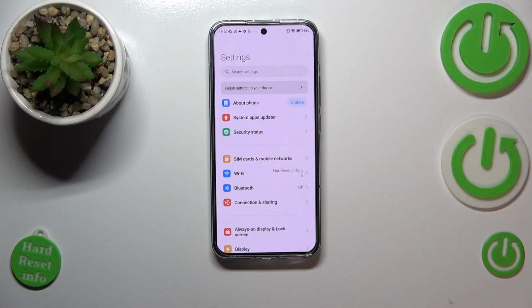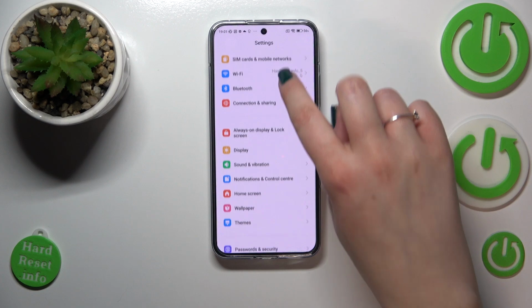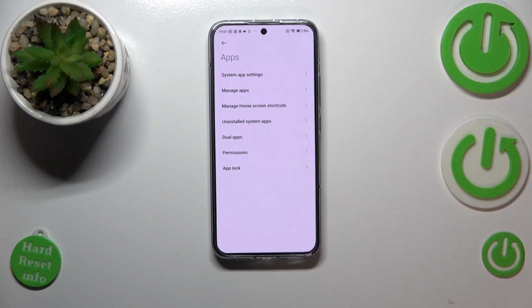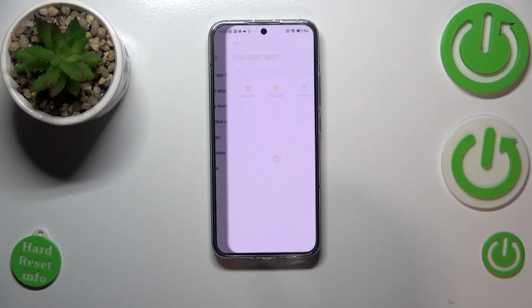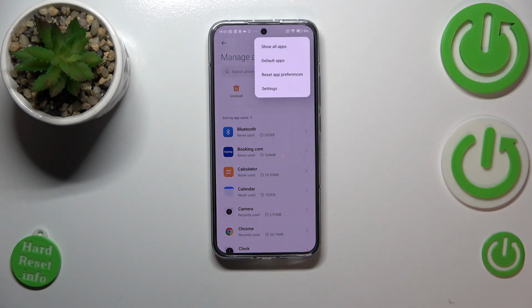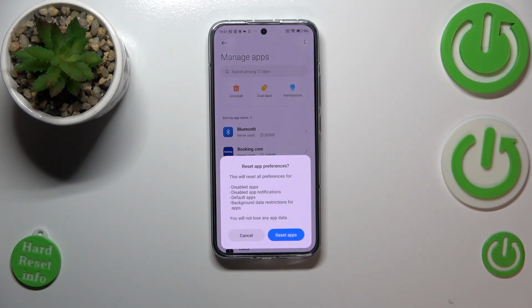So first of all, let's enter the settings, and here we have to scroll until we find the apps. Let's tap on it. Now let's tap on Manage Apps, and here tap on the three dots icon in the right upper corner. Now let's tap on Reset App Preferences, and your device will of course inform you what it